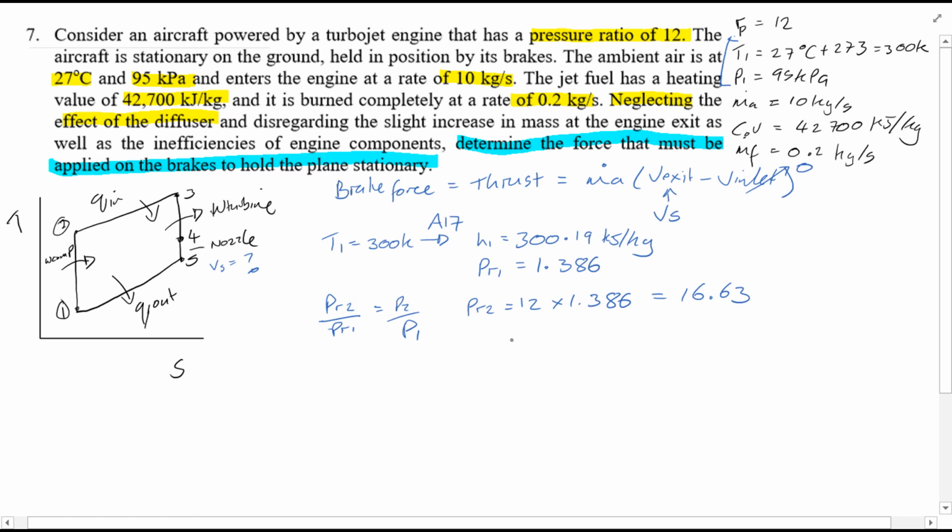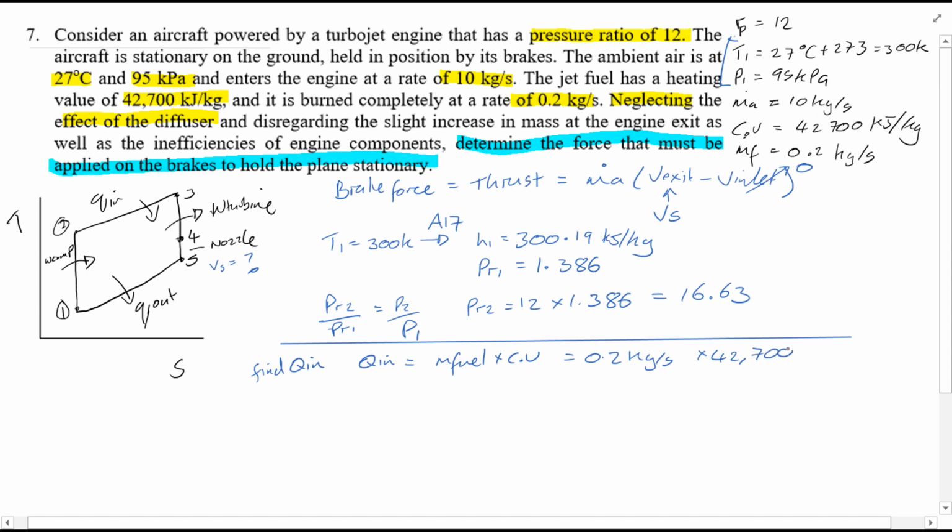This is the isentropic point, but since the inefficiencies are being ignored, it can be used. So finding Q in, we know Q in is equal to the mass fuel flow rate times the calorific value. And these values are given, so it's 0.2 kilograms per second times 42,700 kilojoules per kg. Of course, cancel out the units, and that will give you a value of Q in equal to